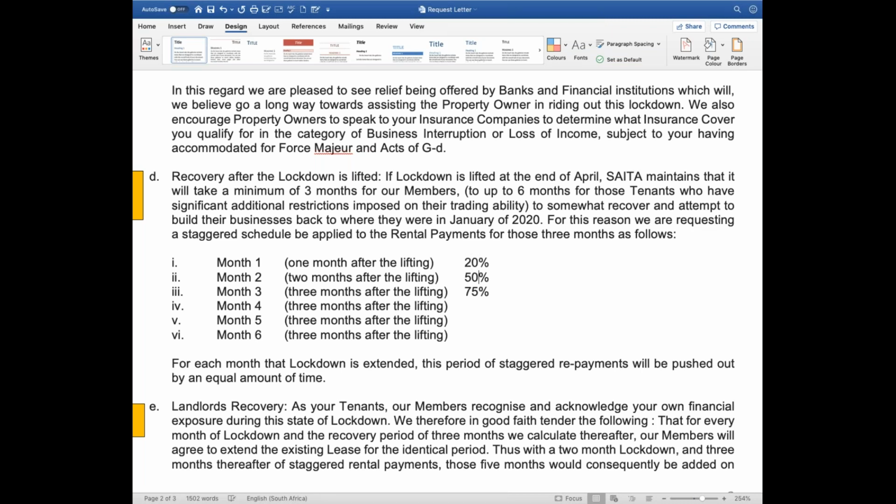But what I'm saying is, once the lockdown is lifted, instead of giving a staggered schedule as to what we're prepared to pay, just say that we're requesting a staggered schedule to be applied for the rental payments and leave it at that. Then let's see what they come back with, because then we understand where they're coming from. We might be proposing something here where they were expecting a little less, and we're offering 20%. They'll be going, yoo-hoo, where we could actually have been offering 10%. So it gives us a little bit more to go.